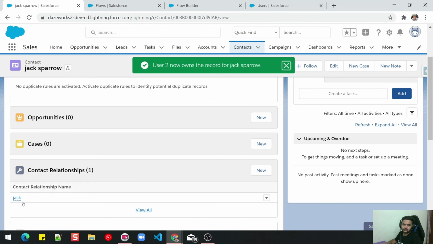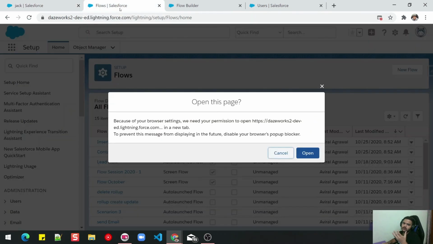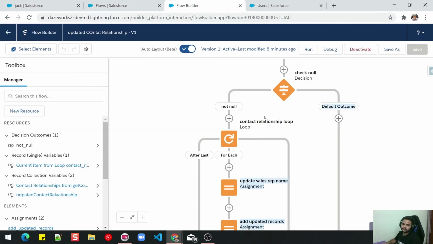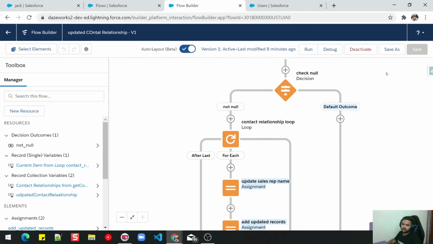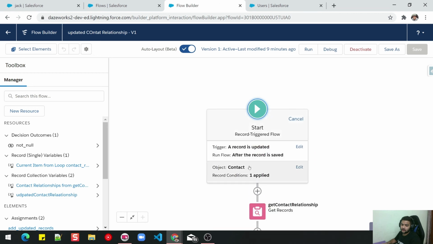So this should update this Jack record. If I open this, you can see this user is coming up, which means my new flow is working fine. It has updated with the new owner name. So that's how easy it is to run user updated flows and created flows, or if you want you can run them combined also by providing different options while executing them. I'll show you where you can pass different options and run both simultaneously.